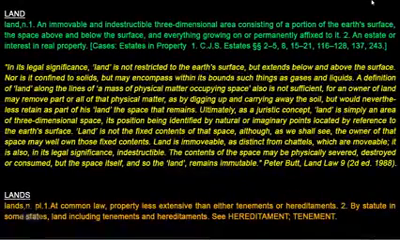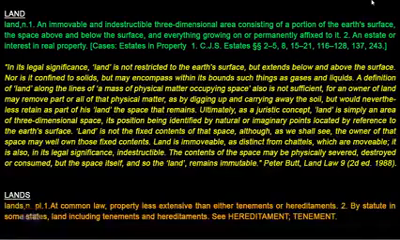Another word that you have to pay attention to is this word land and the word lands. They are two distinct words. This is something that trips up a lot of people, even the anti-sovereigns and so forth. And you can see a land, which is a noun, is an immovable and indestructible three-dimensional